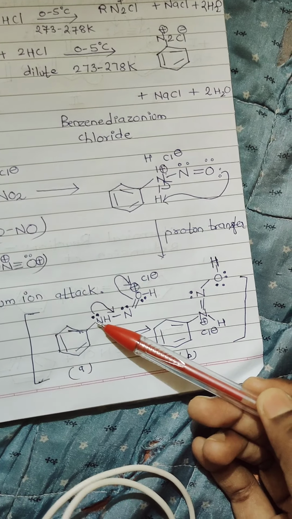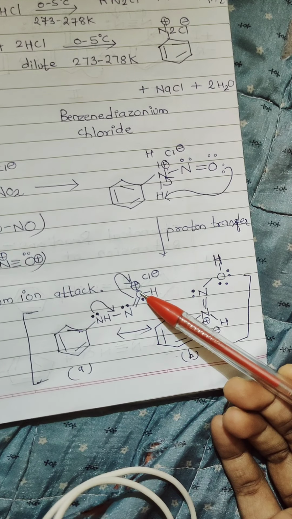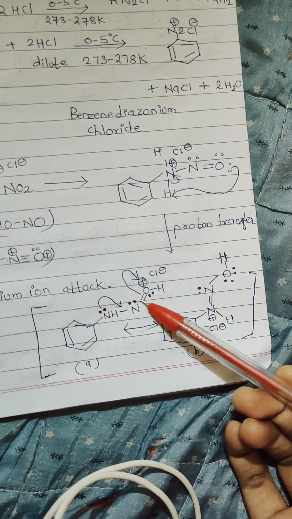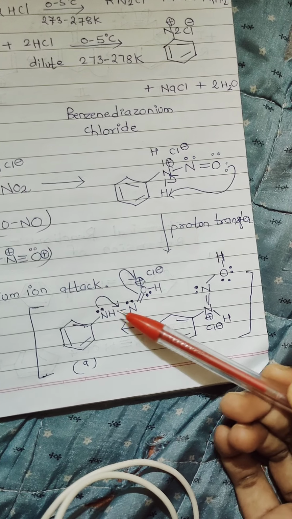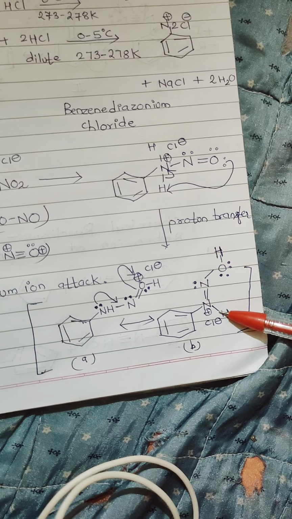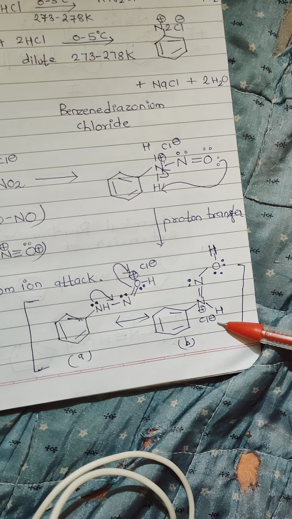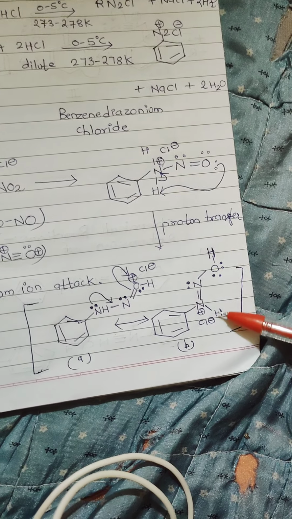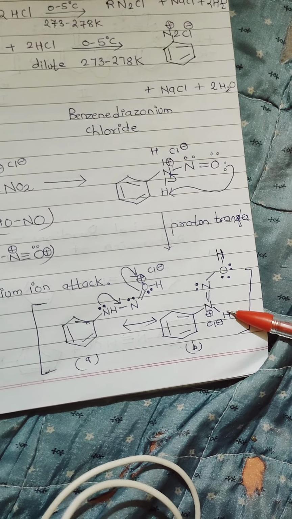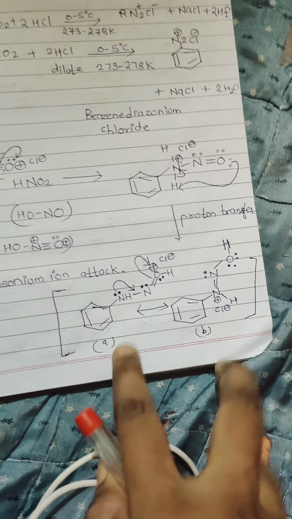Like in this manner. Similarly, if again the oxygen gets positive charge, electron deficient, and it is more electronegative than nitrogen, it will attract the shared electrons towards itself, and this nitrogen becomes positive, and again this nitrogen's lone pair will be supplied to this nitrogen. Again we'll get a structure like this, which is balanced by positive and negative charge here, and we get a structure like this. Now next, again this hydrogen will be transferred from first nitrogen to third oxygen.